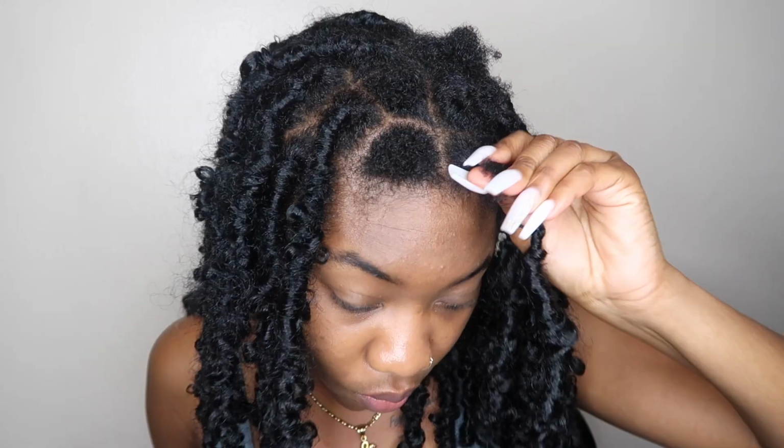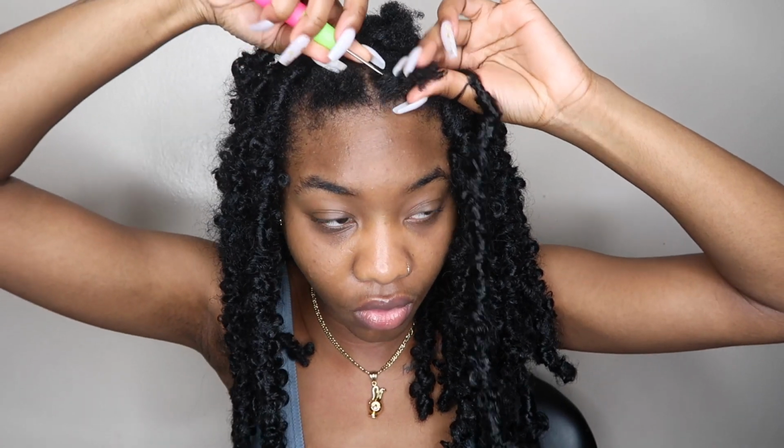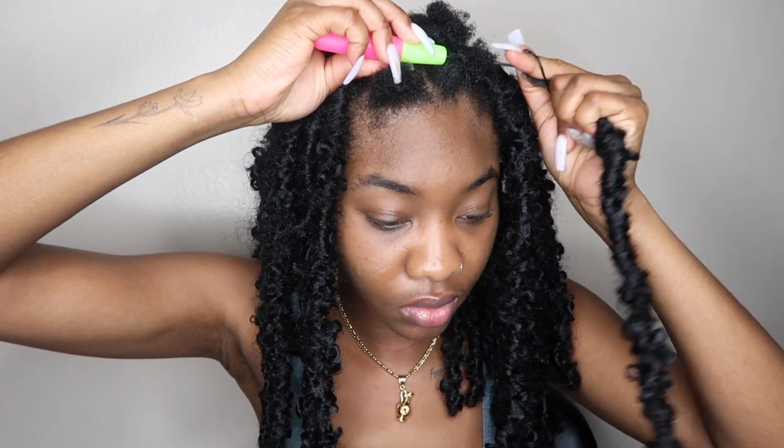So I go ahead and take my crochet needle, and before I put the crochet needle through, I'm going to take the rubber band and slide it up. I'm sliding it up because these butterfly locks are pretty thick and you want them to fit under the rubber band, and you don't want to just force it through because it's gonna hurt. So then I take my needle, put my needle through, put the loop on,